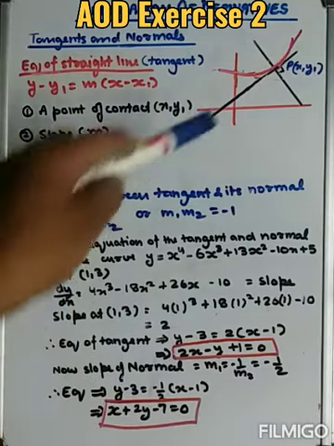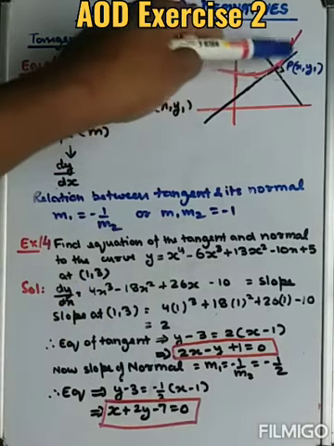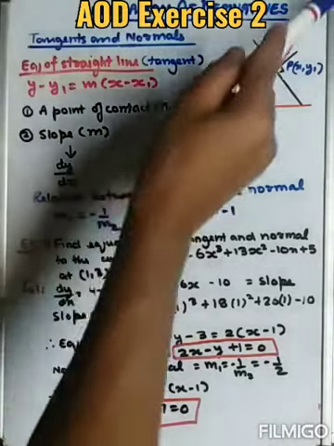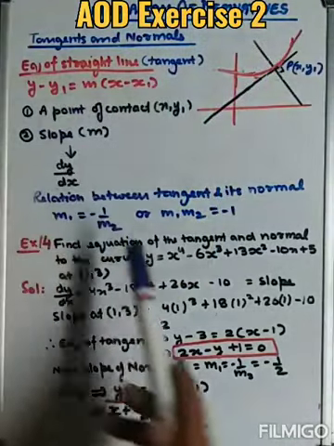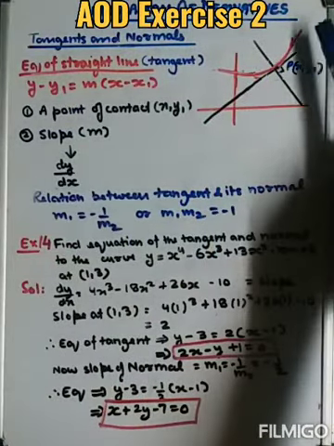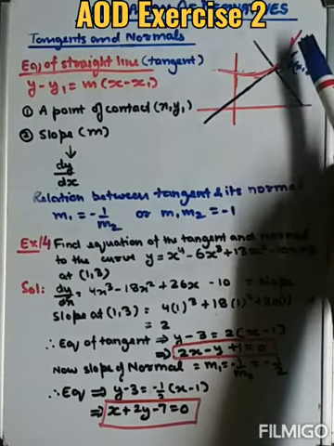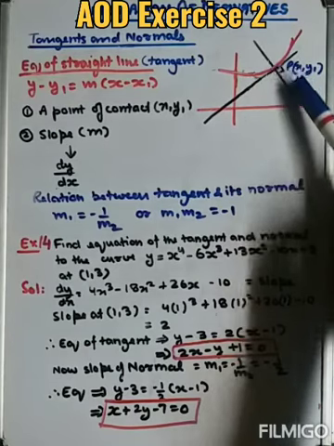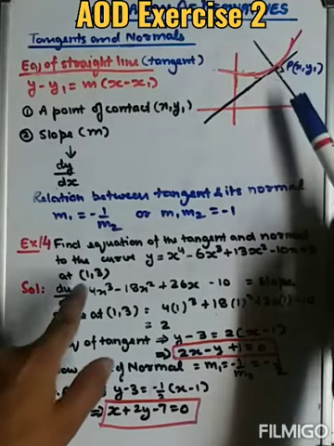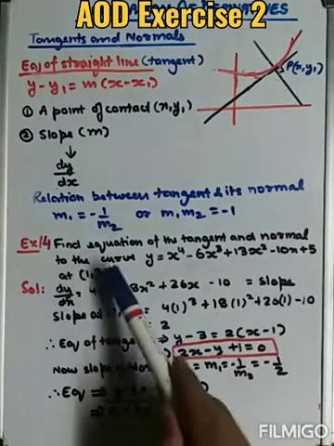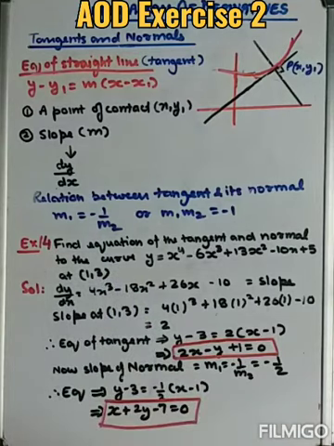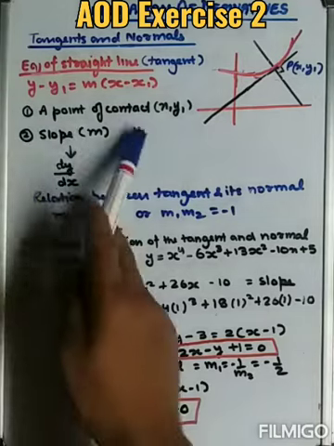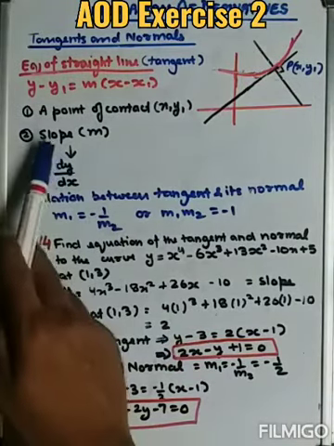Passing through this point. Let this point be (1, 3). We have to find the equation of tangent. It can be anywhere. Tangent can be here, anywhere. So infinite number of tangents can be drawn to this curve. So we have to find the equation of tangent and its normal through the point (1, 3) only. So two things we require: point of contact and slope. Point of contact is given to you, (1, 3). We just have to find the slope.